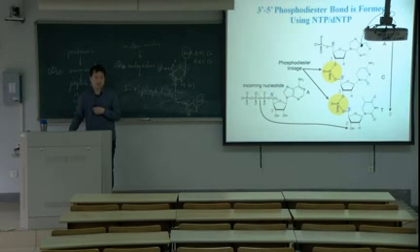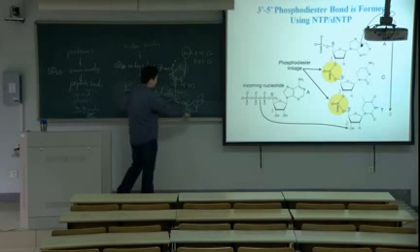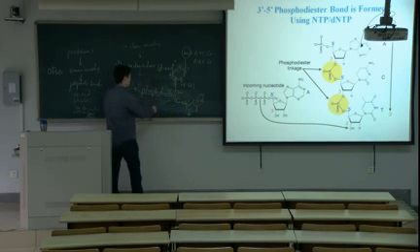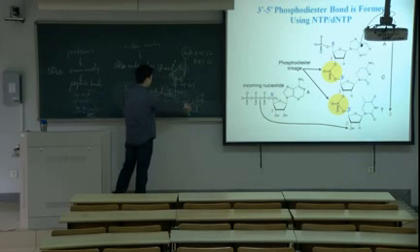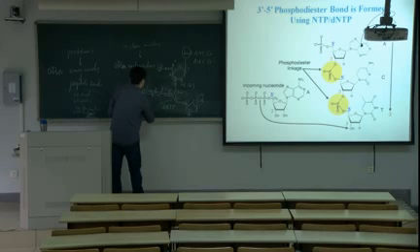You need 3 phosphate groups. So this means to add the third nucleotide, suppose this is DNA, what you need is dNTP, not